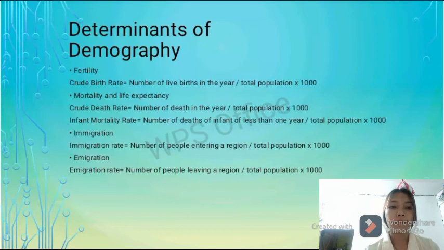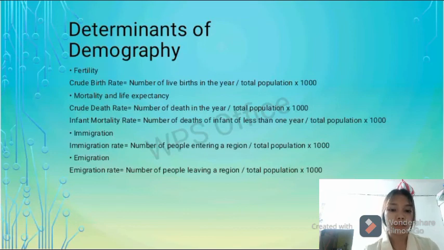demography. Number 1 is fertility. The typical measurement used in fertility is the crude birth rate. The formula is crude birth rate equals number of live births in the year divided by the total population times 1,000. Next is